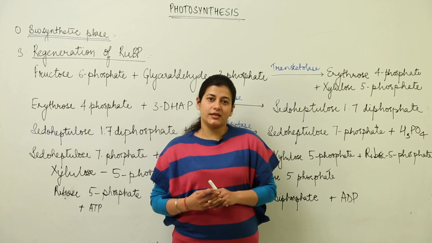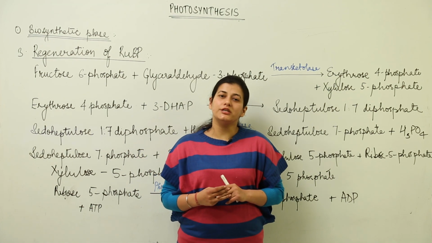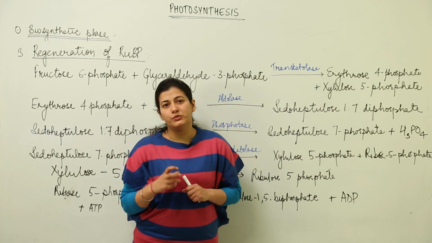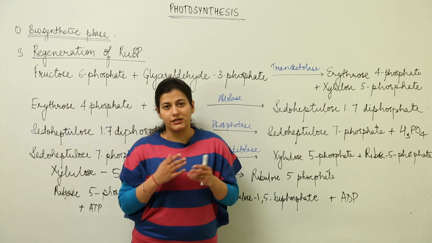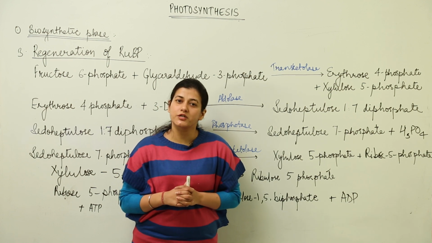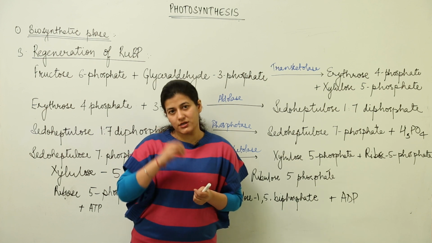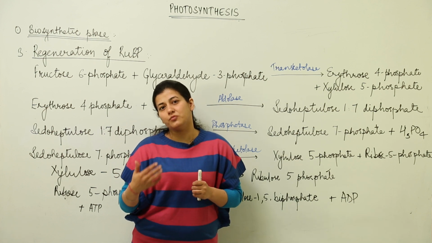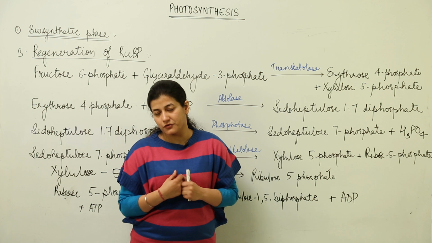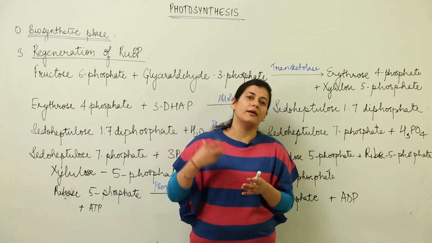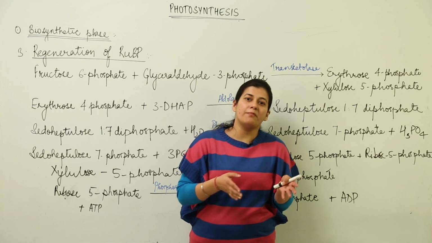Now we are going to take the final step, which involves the regeneration of RuBP. As you know, RuBP was the compound which underwent carboxylation and got converted to 3-phosphoglyceric acid. Now we are going to see that this RuBP, which was utilized and converted to 2 molecules of phosphoglyceraldehyde, needs to be regenerated so that the more carbon dioxide that is coming must combine with something